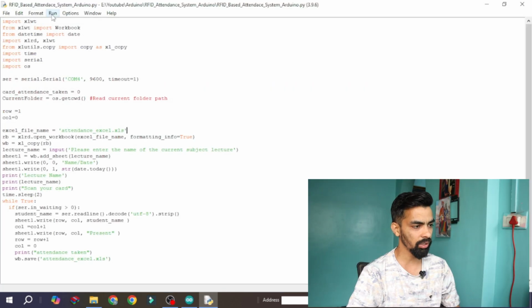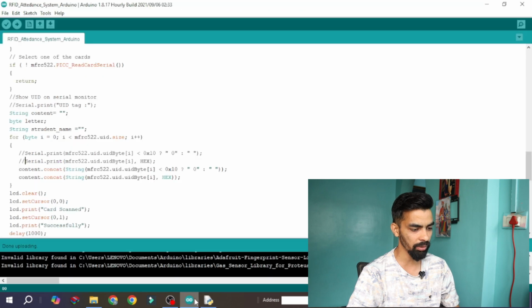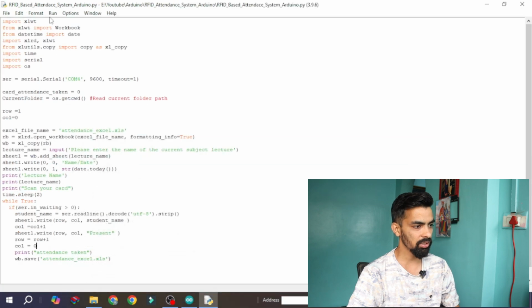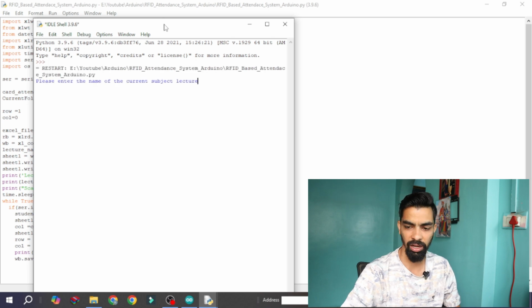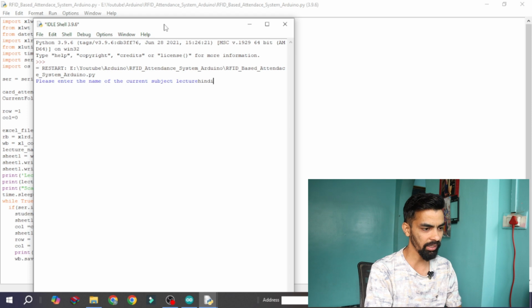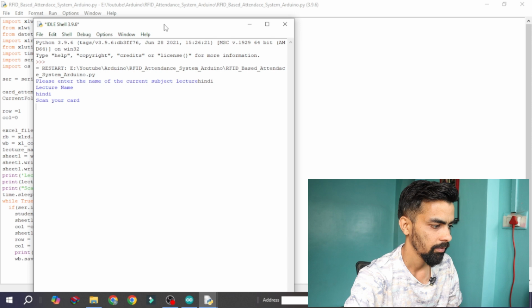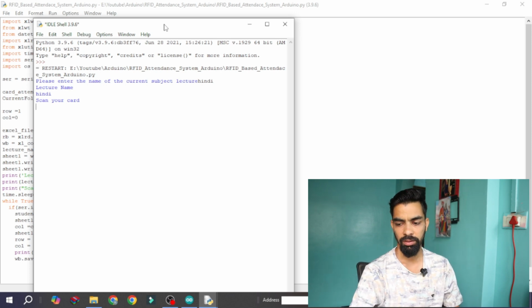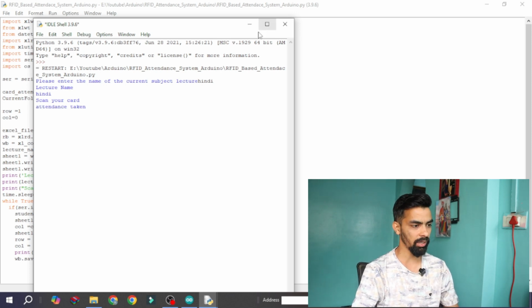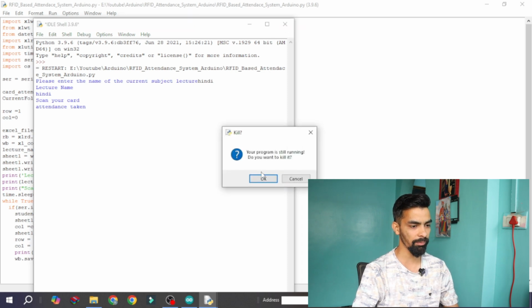Again go to run module. You should download all these libraries, click on run module. There should not be any backend code open in the Arduino, no COM port open. Just click on this run button, click on run module, and now I am scanning with the blue tag which is currently added, okay. So I will again type Hindi, then I am scanning this blue tag. Now I can see card scanned successfully, attendance taken, and now if I want to check the data, I will close this program